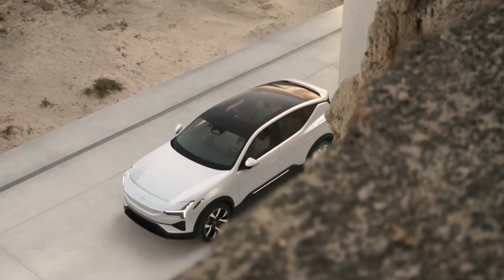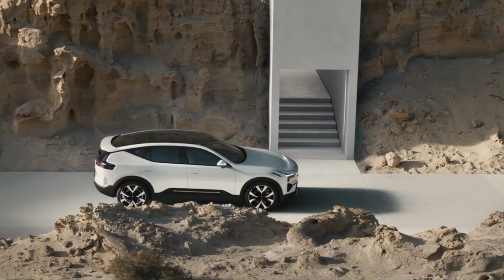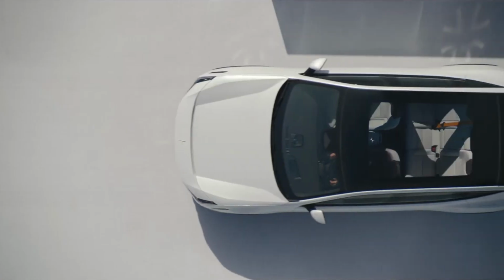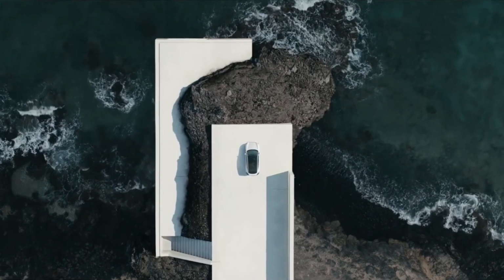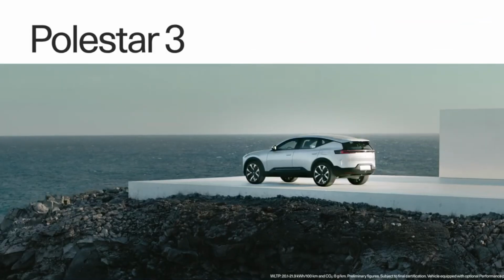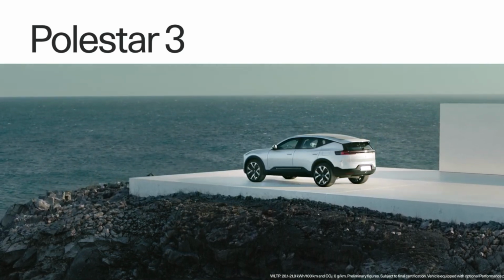Now, the Polestar 3 is unveiled in the US market with expansion plans and potential EV tax credit eligibility. Polestar has finally launched its Polestar 3 electric SUV, the flagship SUV, in North America. After its debut in Europe and China, the company also announced its expansion plans for the US market. Now, the Polestar 3 will be manufactured in South Carolina and should qualify for at least a partial EV tax